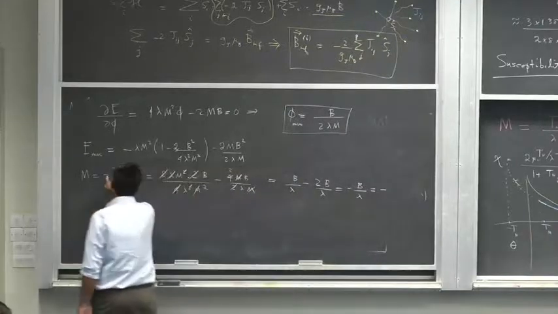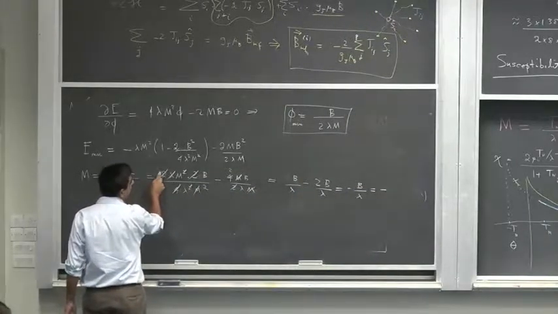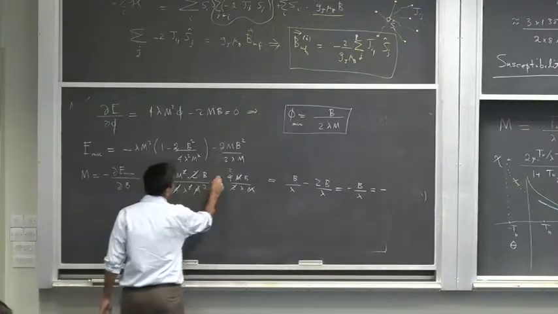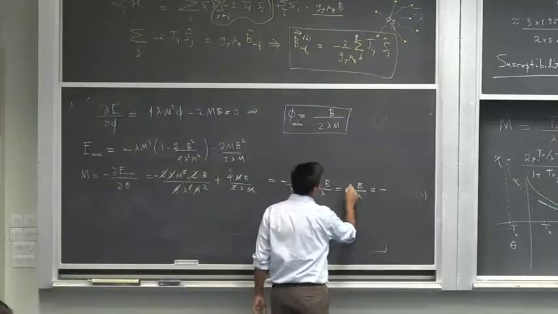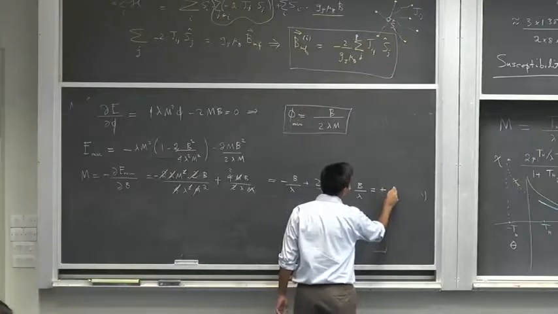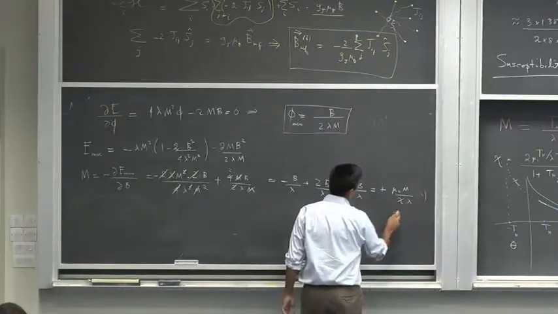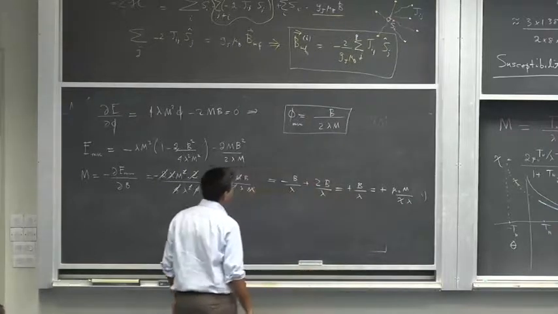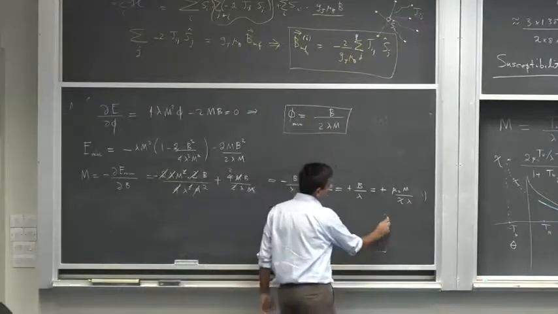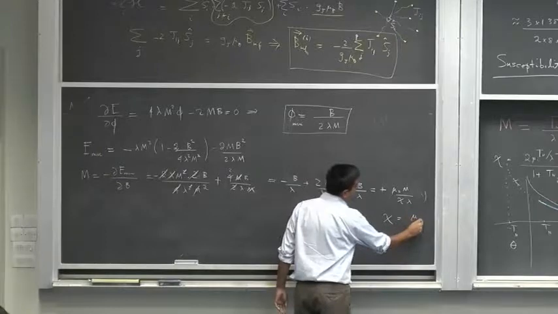I forgot this negative sign is also here. So this is minus plus. This is plus B over lambda. This is mu naught Hm chi over lambda, which means my chi is mu naught over lambda,